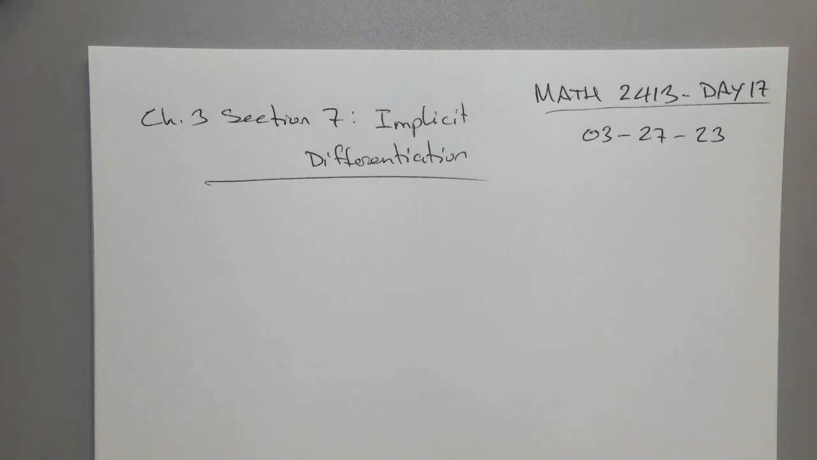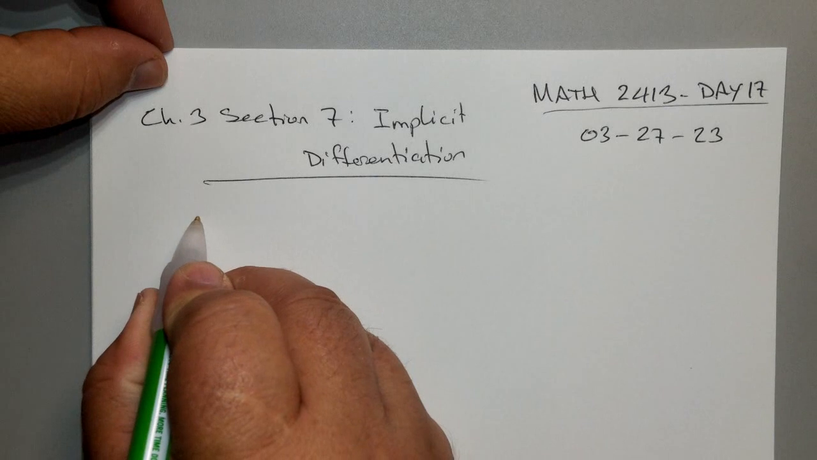What is implicit differentiation? Have you ever heard it? If it's implicit, what is explicit? If something is stated explicitly, what does that mean? It's obvious, yeah. So, what we've done in the past